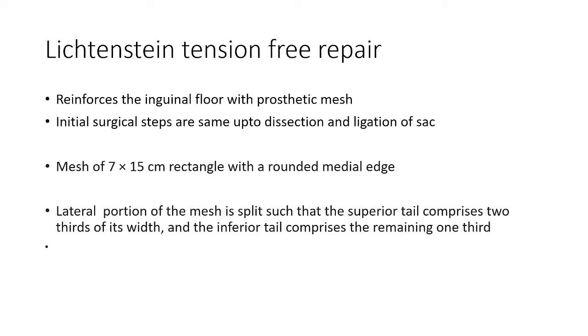What surgeries are done, how is it done? It is the same thing. We open the inguinal canal, dissect out the spermatic cord, identify the sac, open the sac, reduce the content, close the sac. Then what we do here? We take a large size of the mesh, that is 7 by 15 centimeter. The size of the inguinal canal is 4 centimeter, but we place a 15 centimeter mesh, because the mesh will contract. So, we try to put a larger size of the mesh,